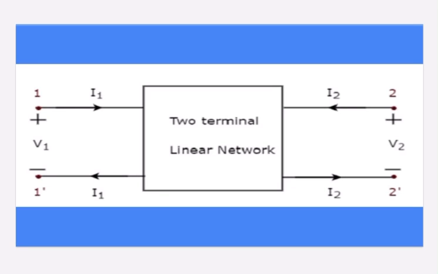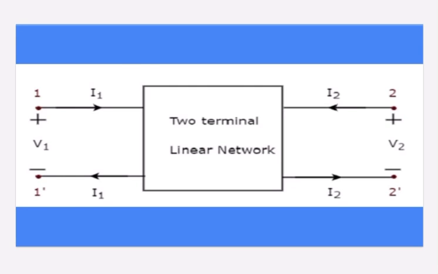Okay, so there are four variables, V1, V2, and I1, I2 in this two-port network. Out of these we can choose two variables as independent and the other two variables as dependent. So we will get six possible pairs of equations. These equations represent the dependent variables in terms of independent variables. The coefficients of the independent variables are called the parameters. Each pair of equations will give a set of four parameters.